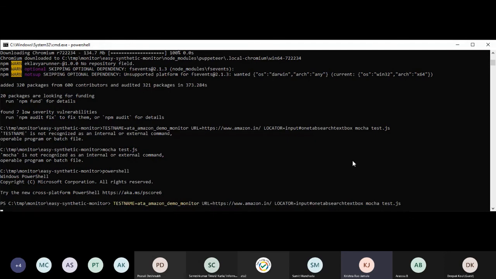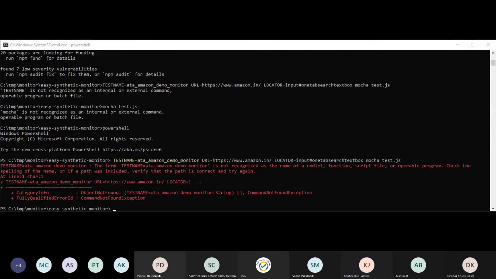Yeah, it's understanding, looks like. Yeah, maybe this time some other error maybe. Okay, again. Can you do an npm i again here?